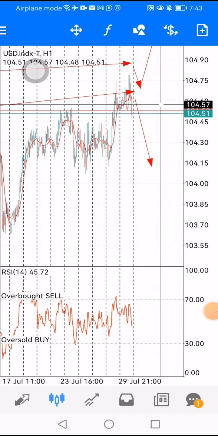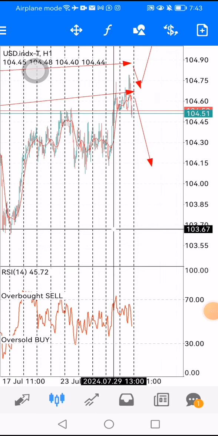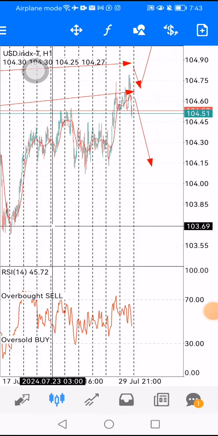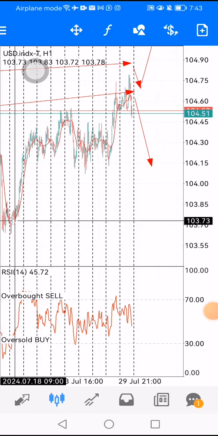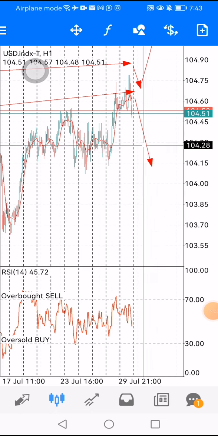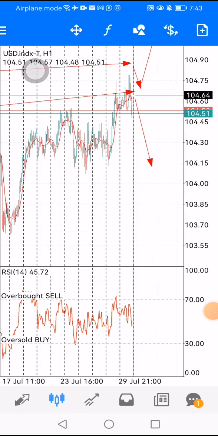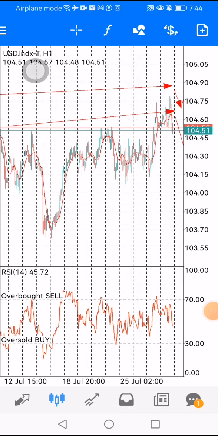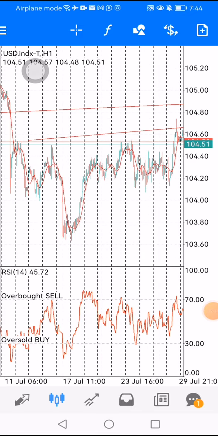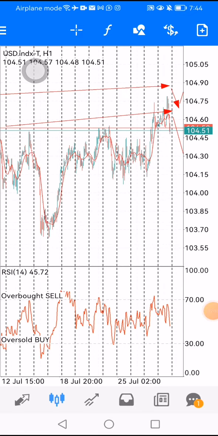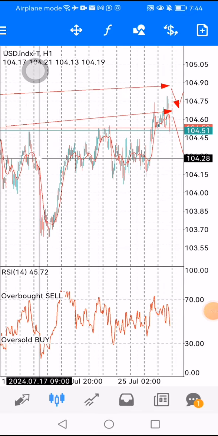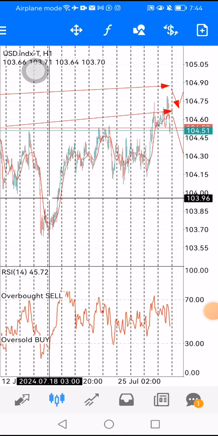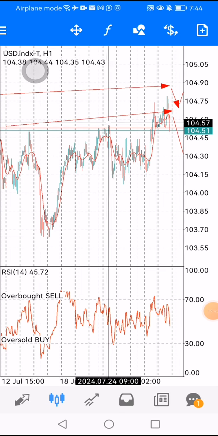Then we might see price crashing all the way back down to there, because price long tested this support. It needs to come back and fill this gap. Like, you know what I'm saying? So yeah, that's just about it, guys. The long and short of it. Obviously, you can see there is a bit of a diagonal resistance going on there, right? You can see after this price touched here, it went all the way down, pushed a bit up, came down,